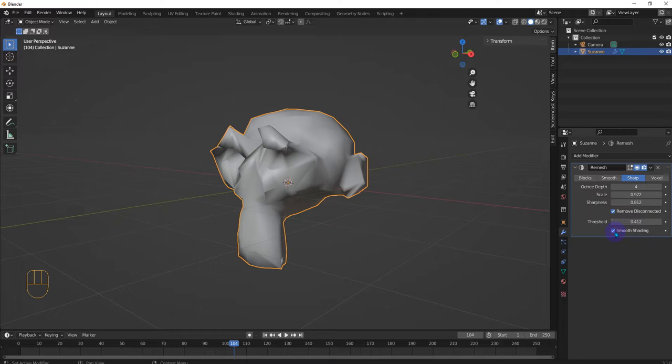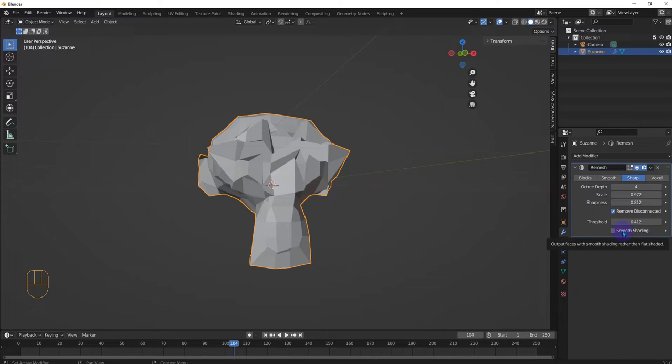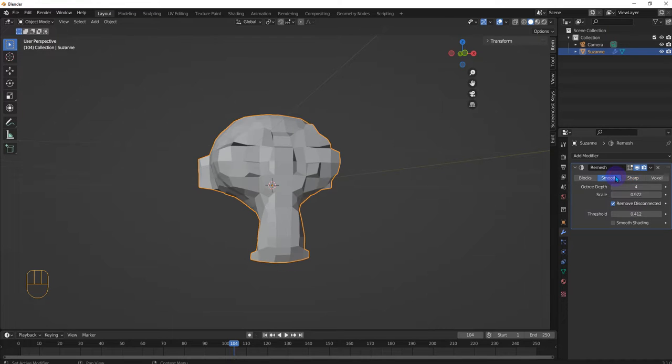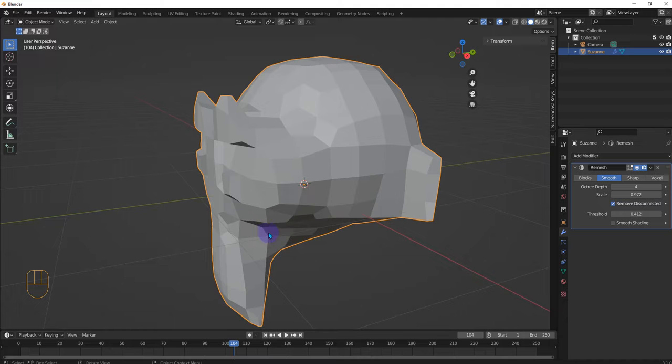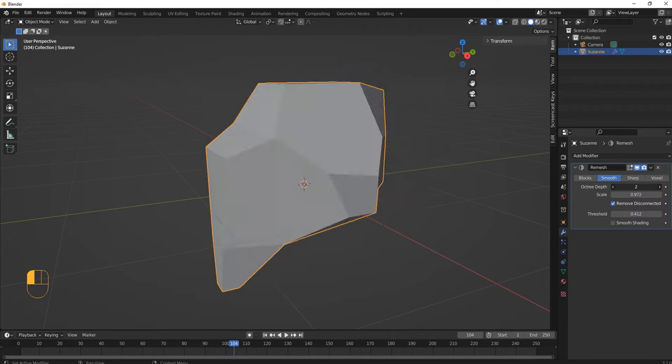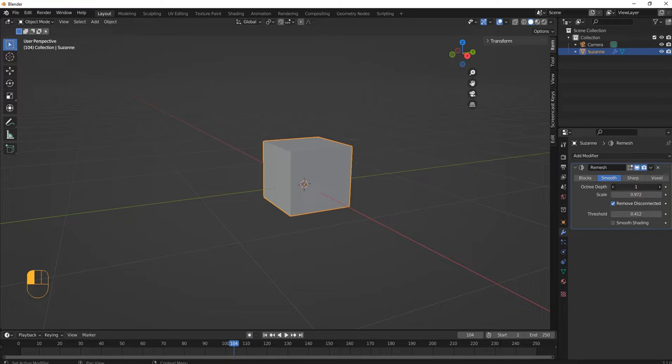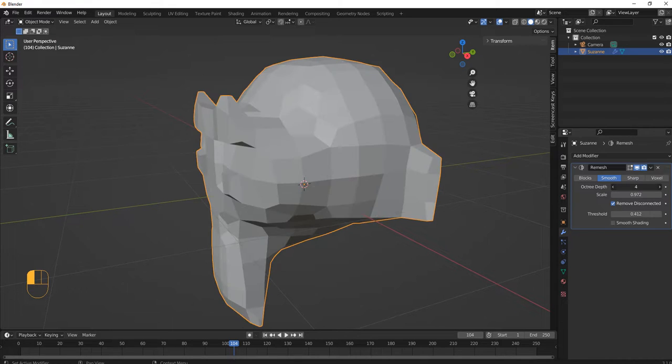Now smooth shading. Oh, that looks terrible. Okay. And again, if you do smooth shading, maybe add that multi-resolution one. Let's go with smooth. Ooh, nice. And octave depth. Whoa. You can even break it down to a little square. Nice. Whoa,